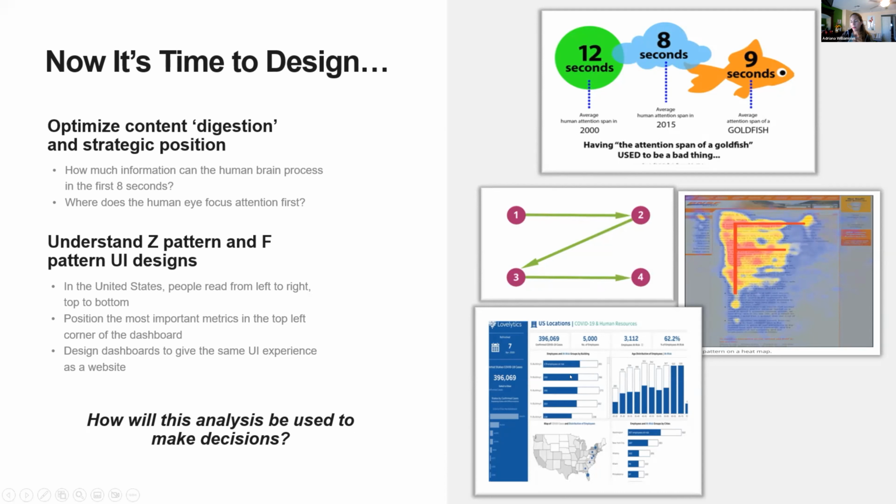This is not my dashboard. I downloaded it from somebody who posted this on LinkedIn a few months ago. But this is actually the way I design dashboards. These metrics on top, this is what I call the big ass metrics. And for me, that's where I will position my most important metrics, followed by my most important visuals, like it has here. And then maybe my least important visual, I would always put it on the bottom right, and only because I'm following what I call the C pattern.